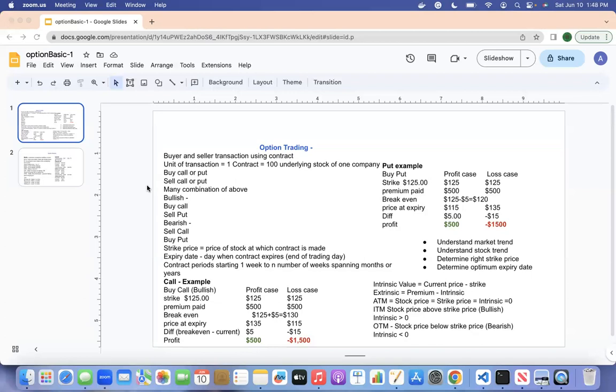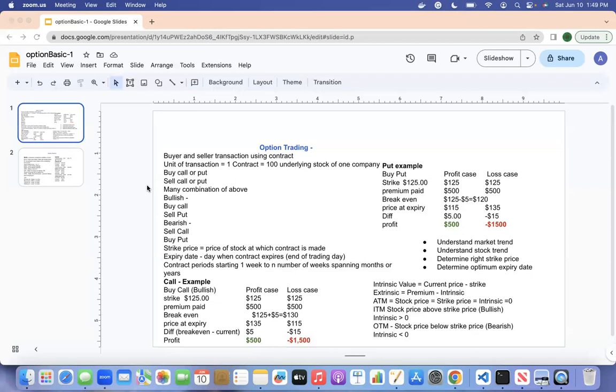So one example of call trading is, say, I'm bullish on Apple stock, and I think Apple stock will go a lot higher than 125. So instead of buying straight 100 stocks of Apple, which will take $12,500 right out of my account, I'll say that I'm willing to buy at a $125 strike price for Apple, 100 stocks of that, but I'm going to give a premium for that. So $5 is a premium I'm willing to pay for 100 stock. That will be $500. So only $500 will be debited from your account, and you are not paying $12,500 for 100 stock